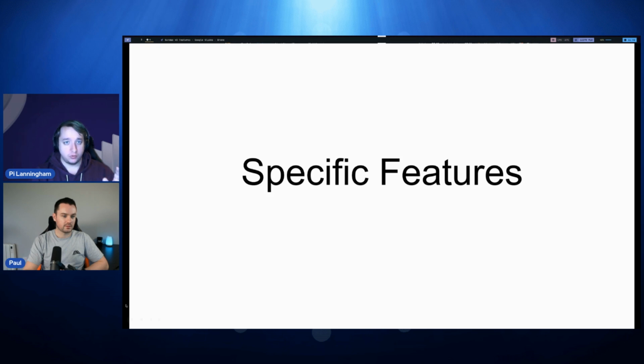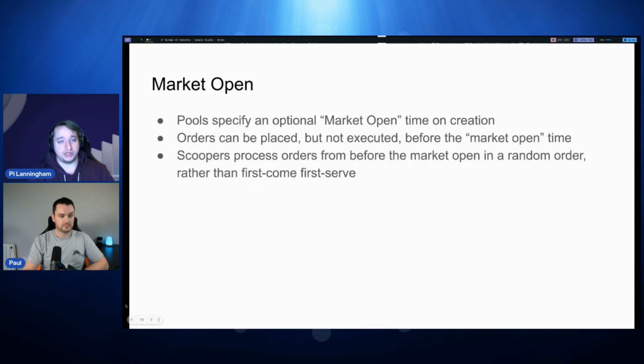Cool. So first, we've added this notion of a market open time. When you create a pool, this is the one feature we're going to try to get for the UI and to extend the protocol from day one: the ability to specify when trading for this pool opens. You can create the pool and say trading opens next Thursday, or a specific point in time.